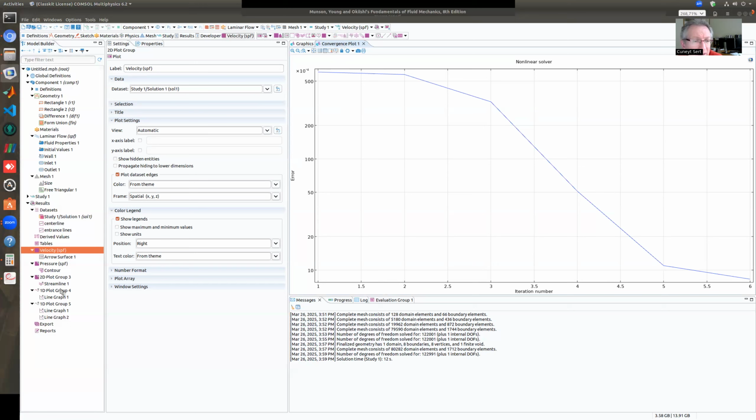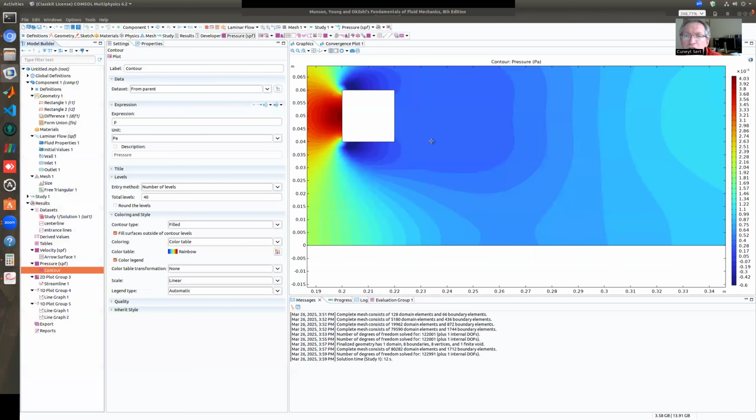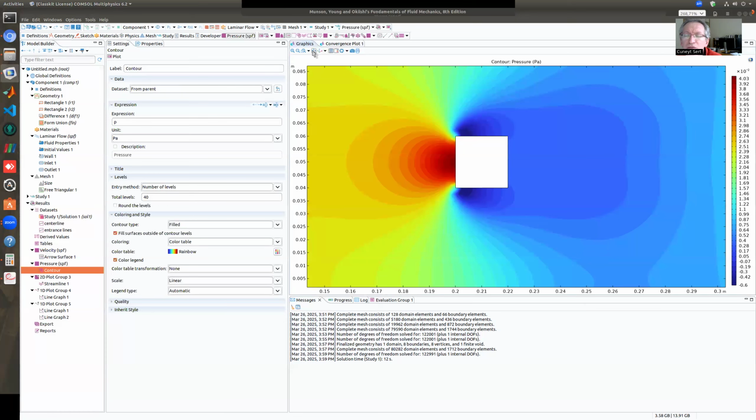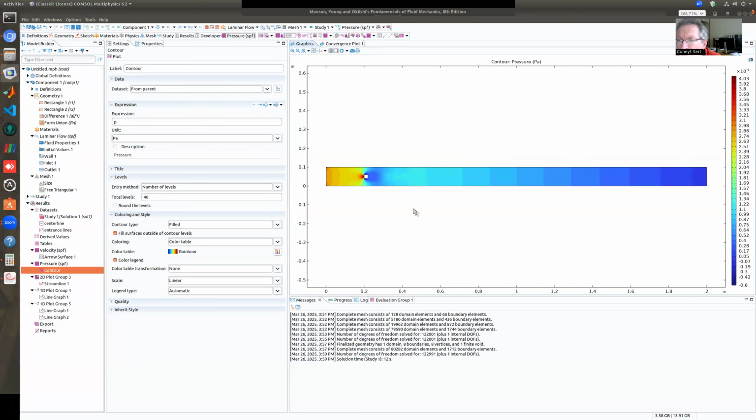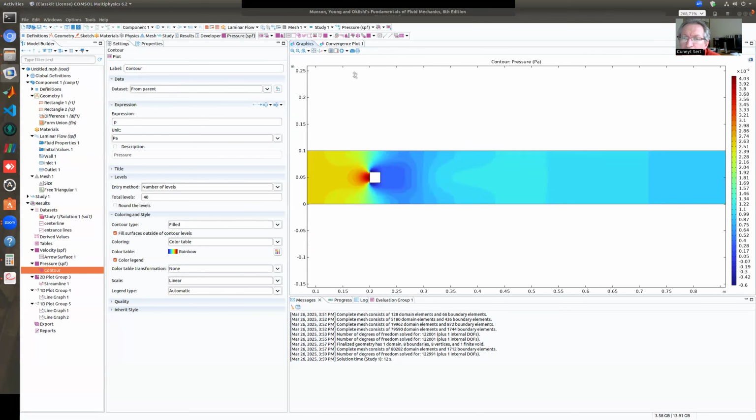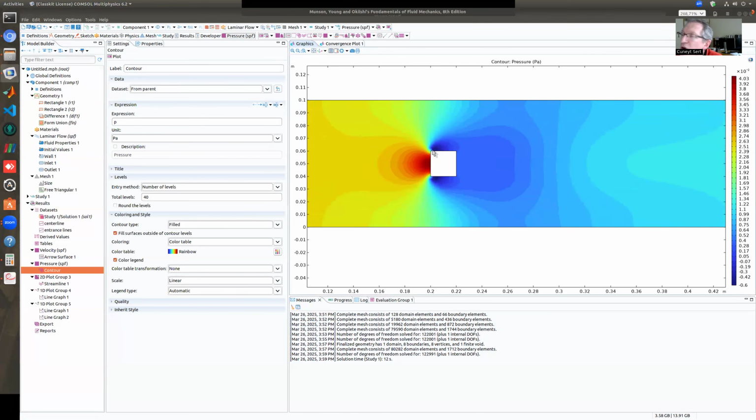And then I am interested in, for example, the pressure field. So this is the pressure field. Let's see the full picture first. So this is my channel, right? Here, close to the exit, nothing interesting is happening. This is fully developed flow, almost a linear pressure drop. And then we have an interesting thing going on around the object.